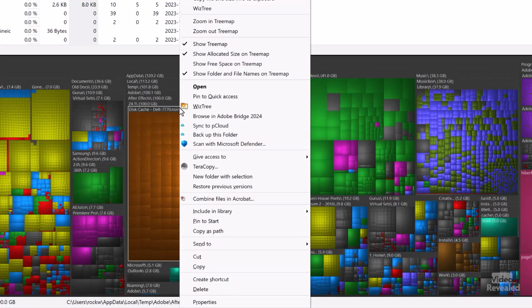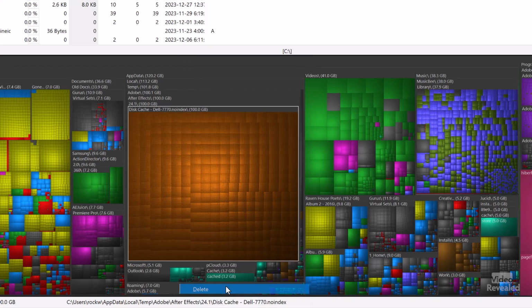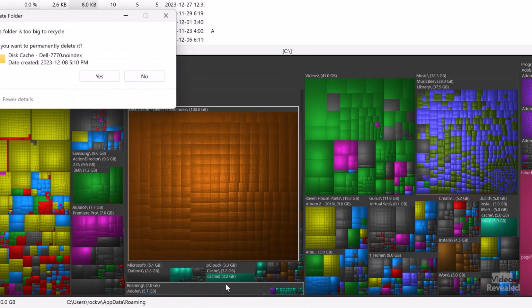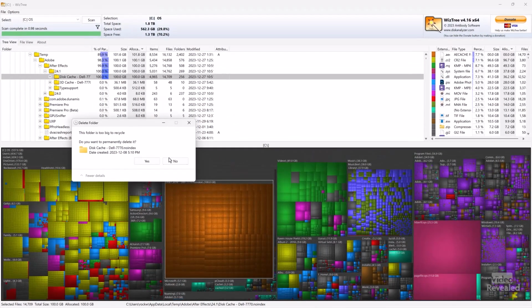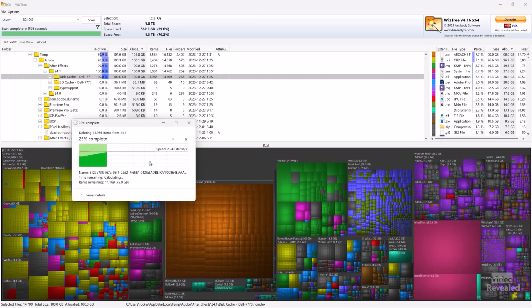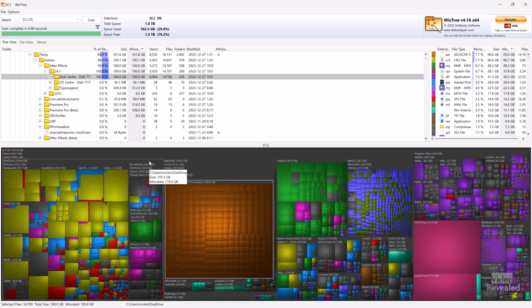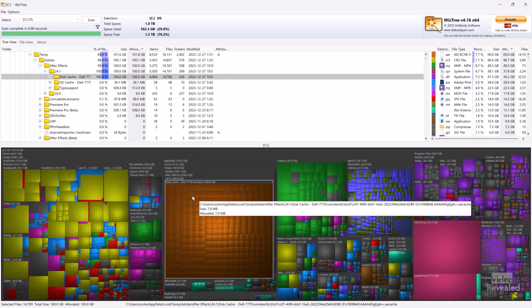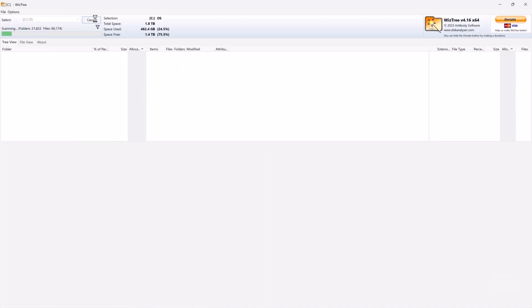So I can right click on this and I can delete that whole thing. It's telling me it's very big, it's going to be deleted, and I'll click OK, and I'll gain back 100 gigabytes of space. Now, I could have gone into After Effects and cleaned the disk cache that way, but visually it's nice to see that. Now, if I rescan this,